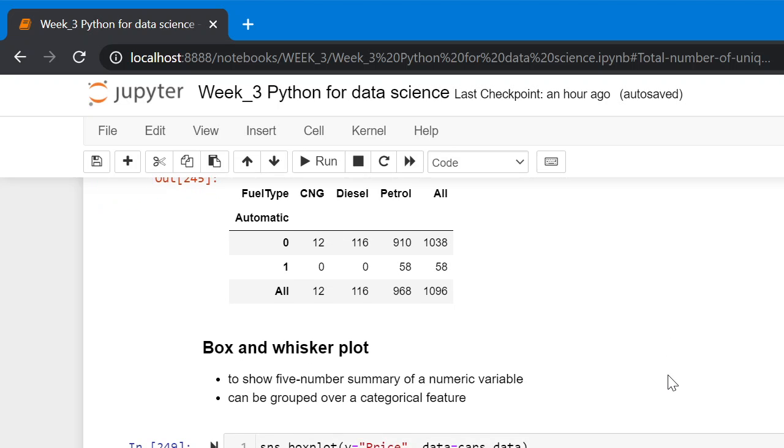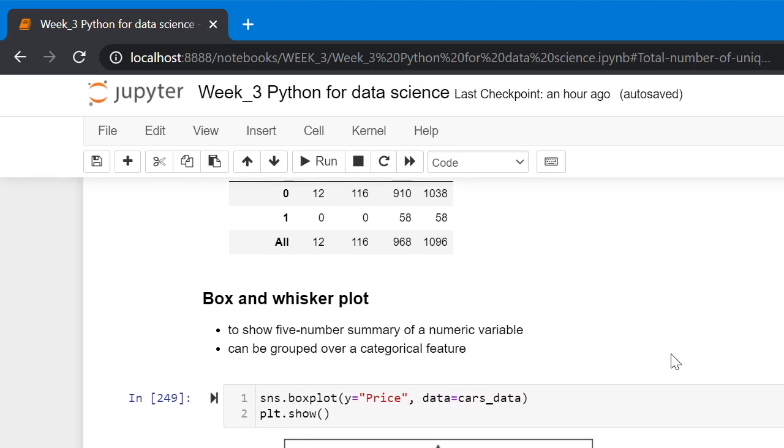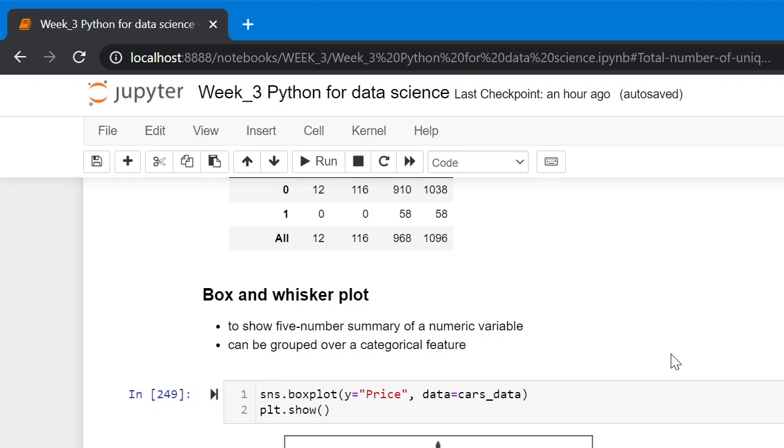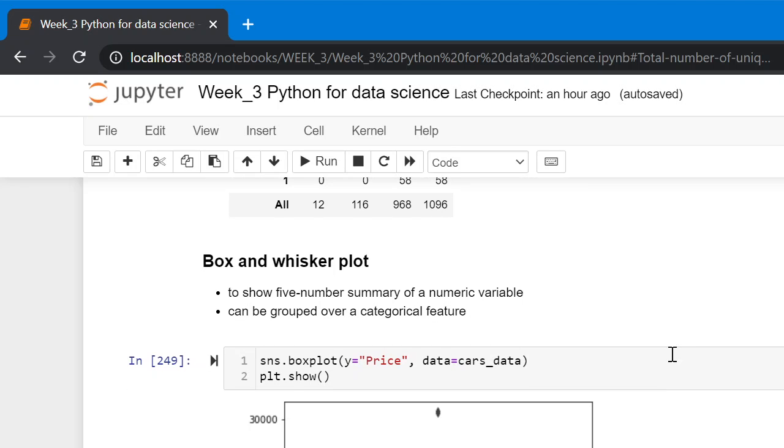Box and whisker plot. It is used to display the 5-number summary of the data. The data can be grouped over a categorical feature as well. So here is an example of a box plot using Seaborn. The boxplot method is used to create the plot.